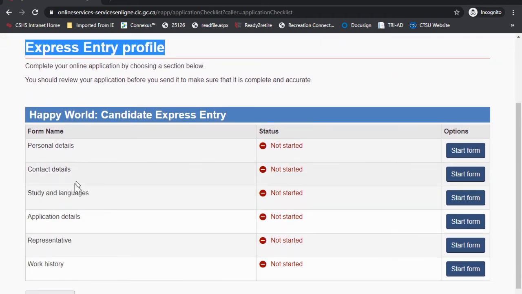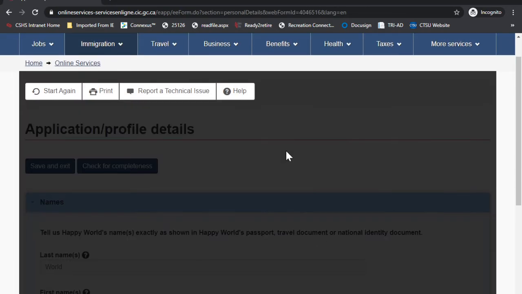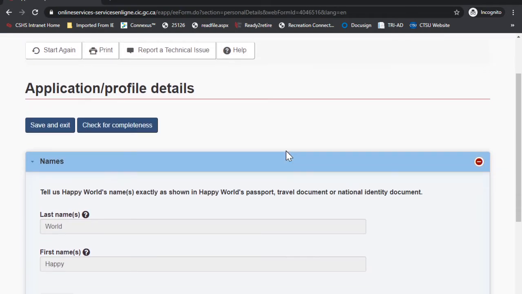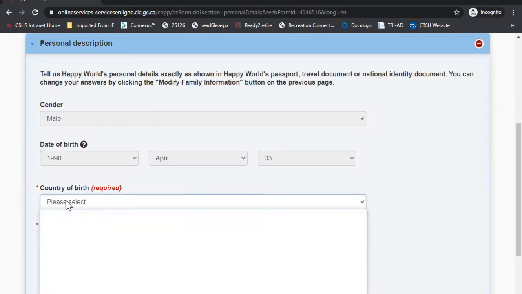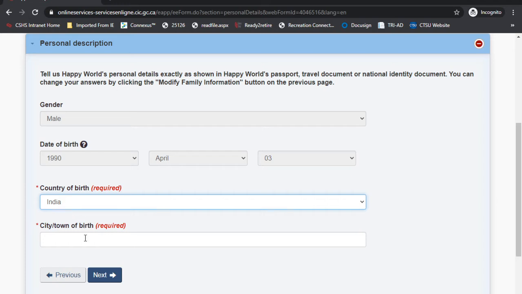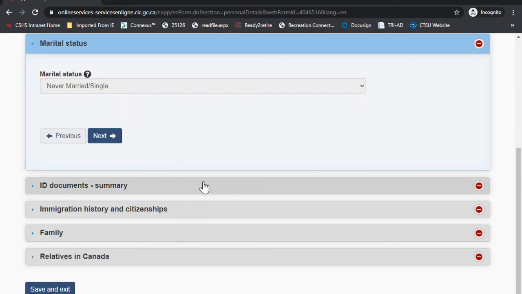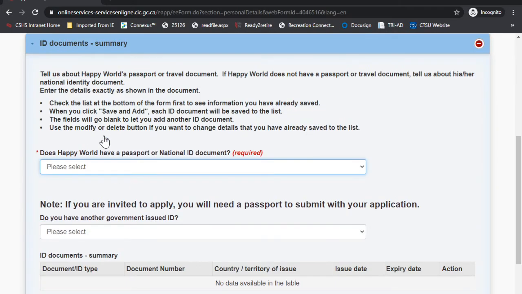As you can see, we have to fill out these sections, so let's fill them one by one. Personal details, click next. Country of birth, select whatever works for you. Click next.